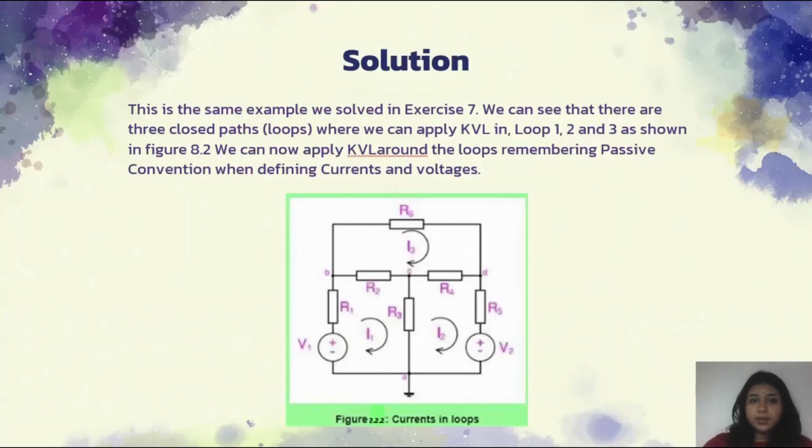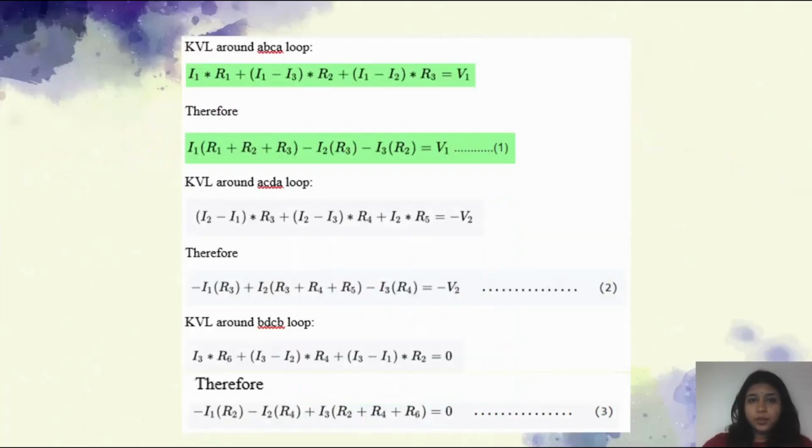The solution is the same example we solved in exercise 7. We can see that there are three closed paths where we can apply KVL: loop 1, loop 2 and loop 3, as shown in figure 8.2. We can apply KVL around the loops, remembering passive convention when defining currents and voltages. The KVL around the ABCE loop is I1 times R1 plus (I1 minus I3) times R2 plus (I1 minus I2) times R3 equals V1. Therefore, I1 times (R1 plus R2 plus R3) minus I2 times R3 minus I3 times R2 equals